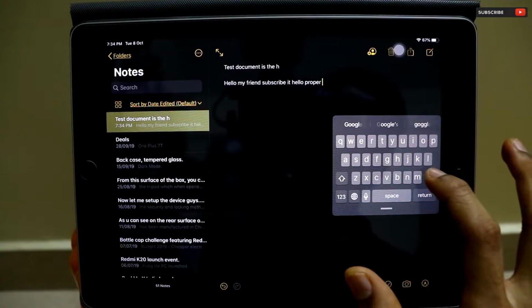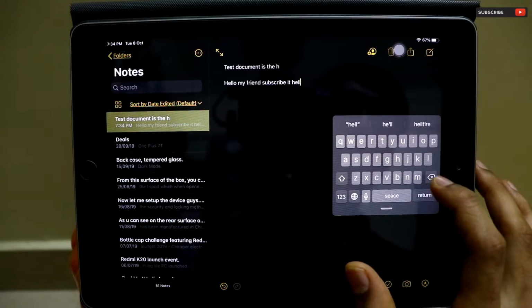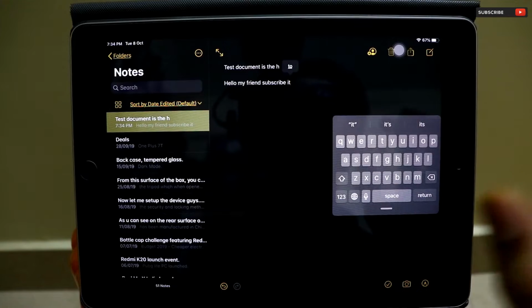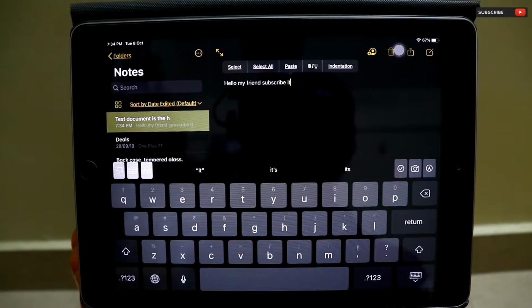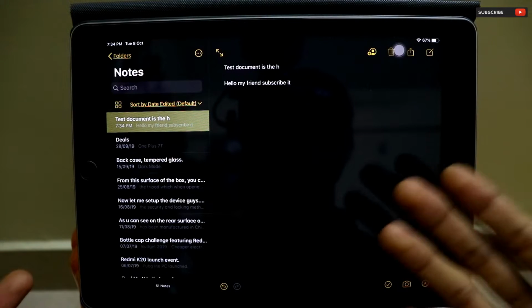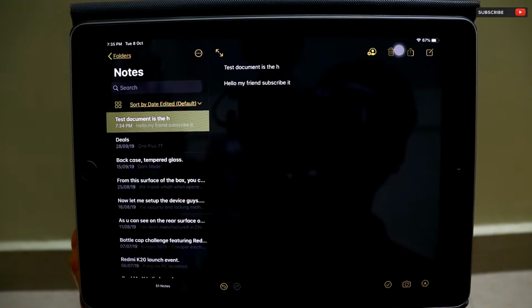So if you want to type, you can slide and type using the swipe mechanism. And if you want to resize it and make it big, just do like this, and it will become the larger size keyboard as well. Now since we are in the notes application, I'll show you the different things that you can do